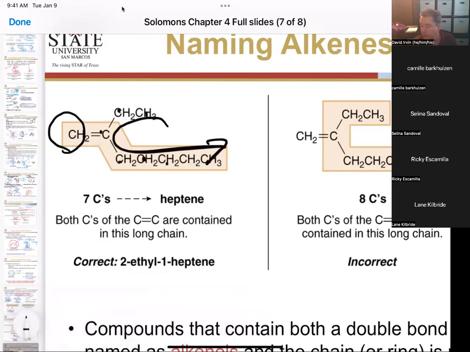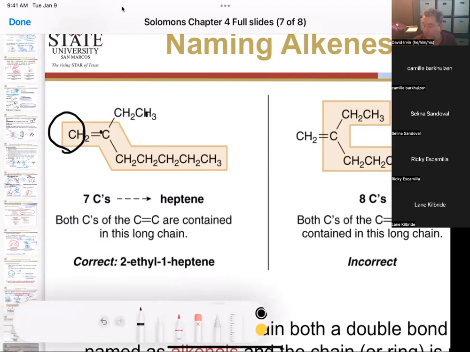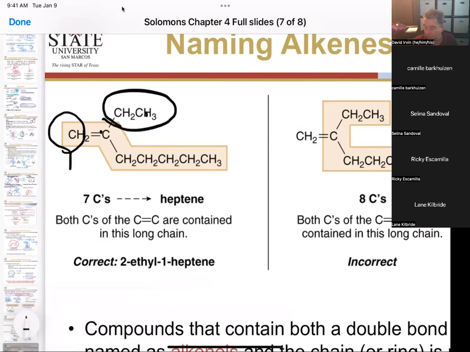Okay. We see how this would be a longer chain if we went in this direction here. 1, 2, 3, 4, 5, 6, 7, 8. But we can't do it because both of the carbons in the double bond aren't there. So that means we have to go 1 carbon less and go with heptene, and we have a substituent on the number 2 position. Okay, because this has to be 1, this has to be 2, etc. So the most correct name would be 2-ethyl-1-heptene. Although if you leave the 1 out, it would be understood that the first carbon would be the number 1 position,